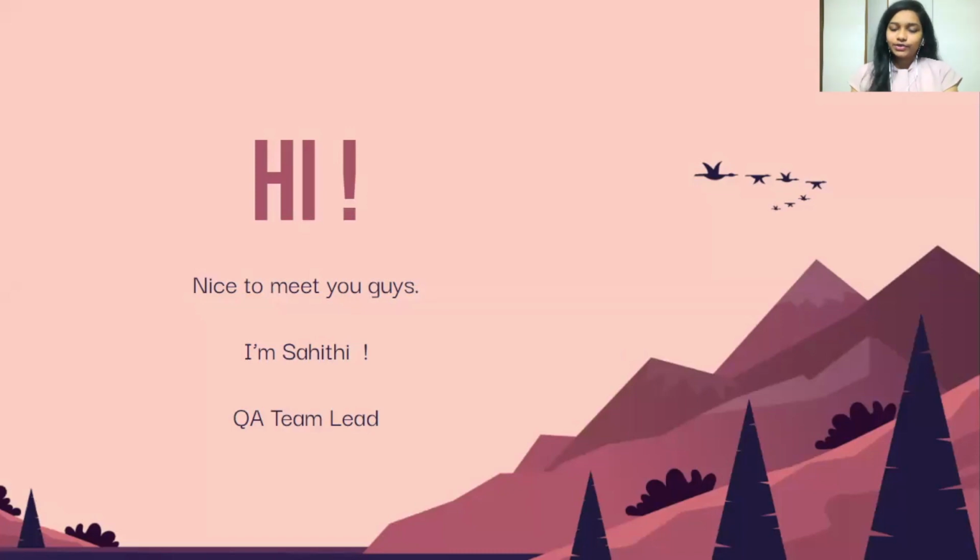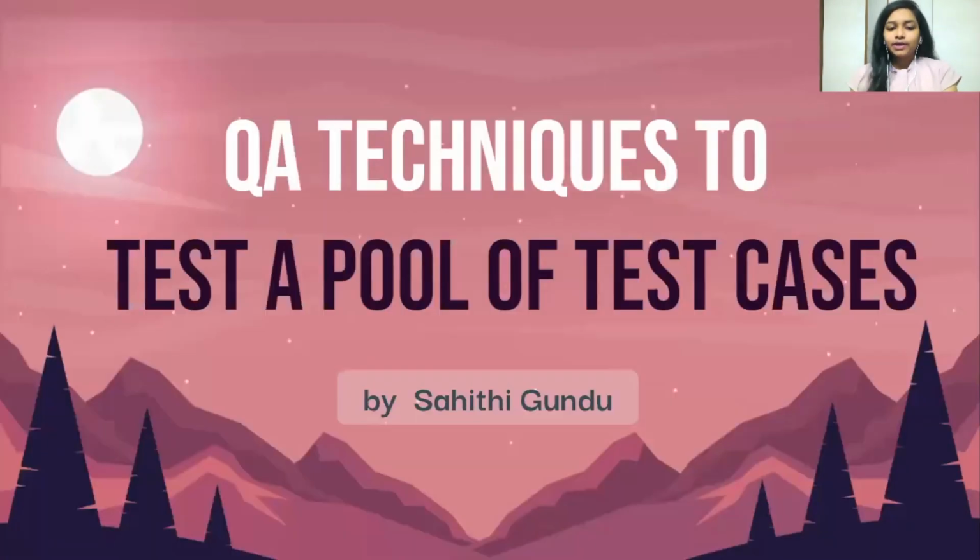I'm working as a QA team lead currently at Digital Talk, a Sweden-based company. My topic today is QA techniques to test a large pool of test cases, where we have a large pool of input data which we need to test as per the requirements.